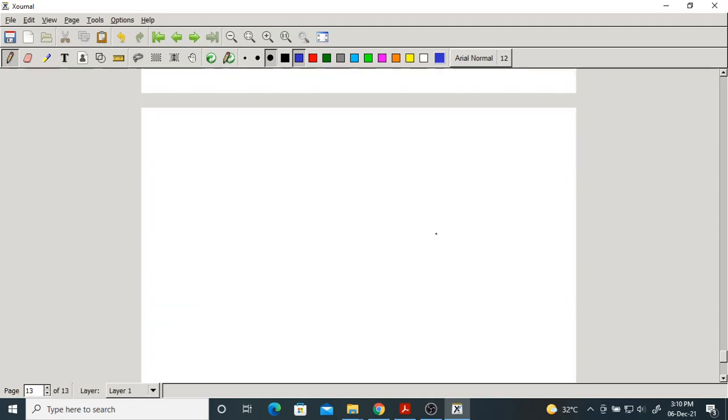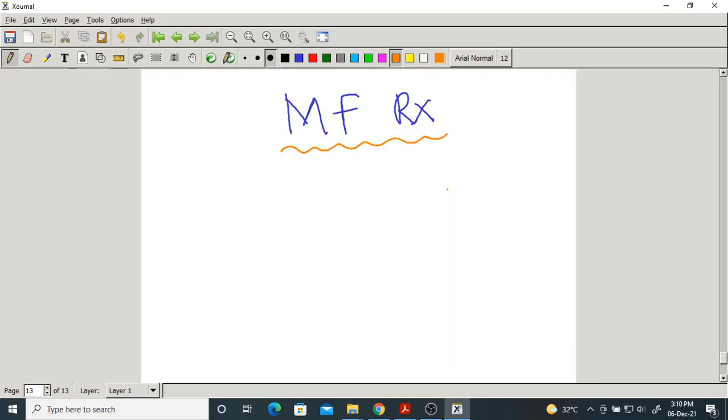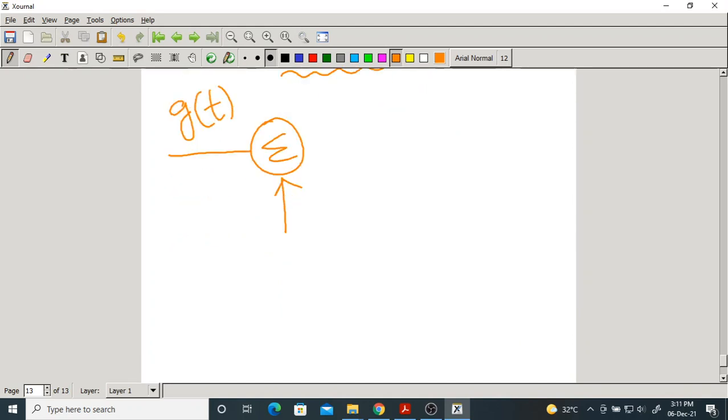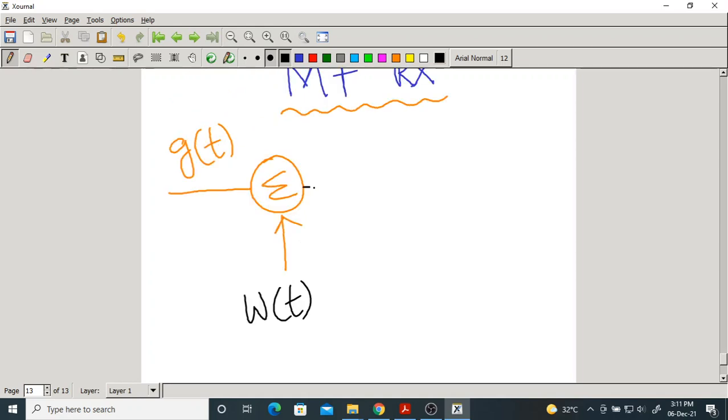It is called MF, in short form matched filter receiver. Okay, it's a filter basically, that's it. Now let us take a simple schematic of the wireless communication. This is g of t. I am using different notations, you don't worry about notations. So g of t is a transmitted or modulated signal. When you transmit over a channel, it will be added with some noise. So you get a received signal x of t.